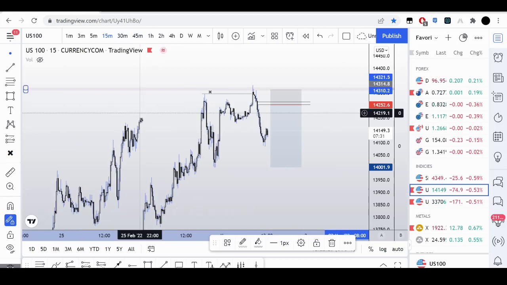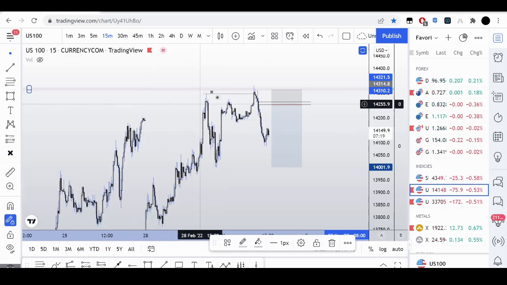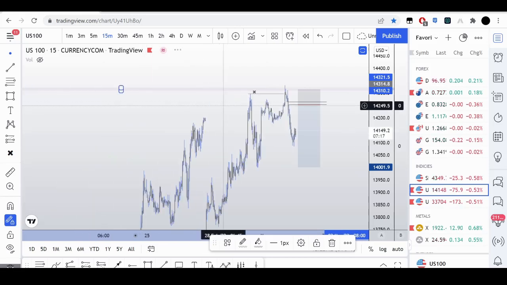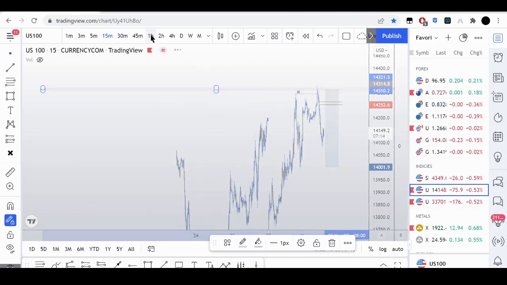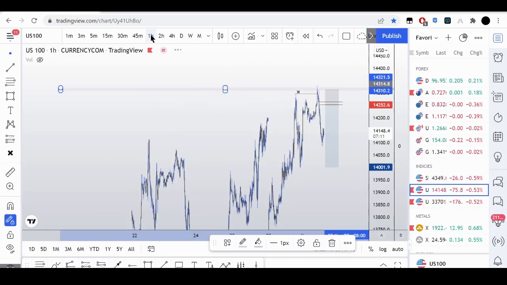Also, you have this gap that price filled. Usually when price gaps, whatever the direction that price gaps to, that's where price most likely will go after it fills the gap, right? So you can see we filled that gap, we took out buy side liquidity, and then we came into this fair value gap on the left side of the chart. So let's go over that real quick.